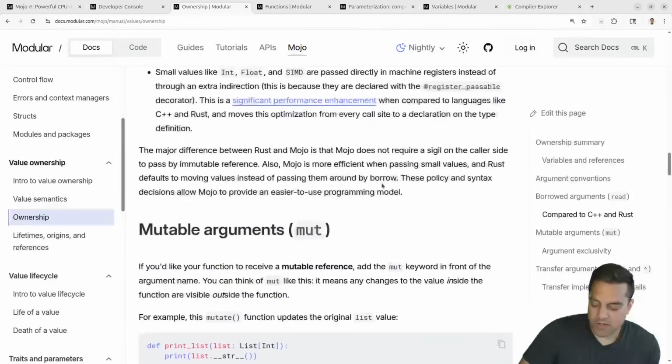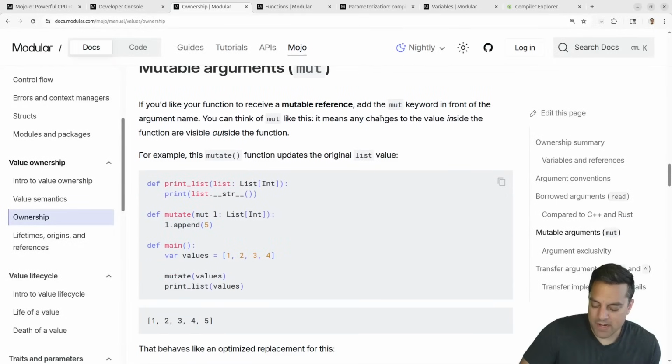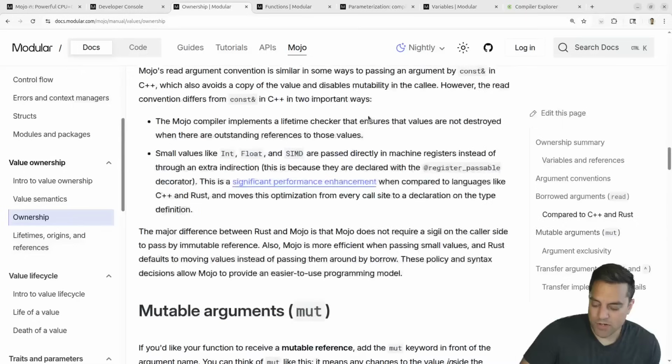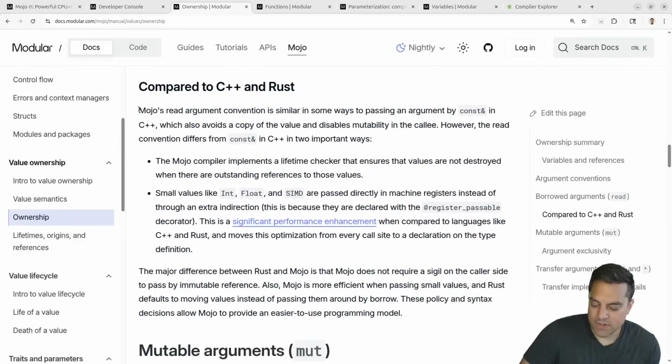Okay, and we got some comparisons here. So let's maybe just try an example here. We're going to kind of jump around here. This is kind of interesting. Maybe this is the insightful part, and then we'll try an example. So Mojo's